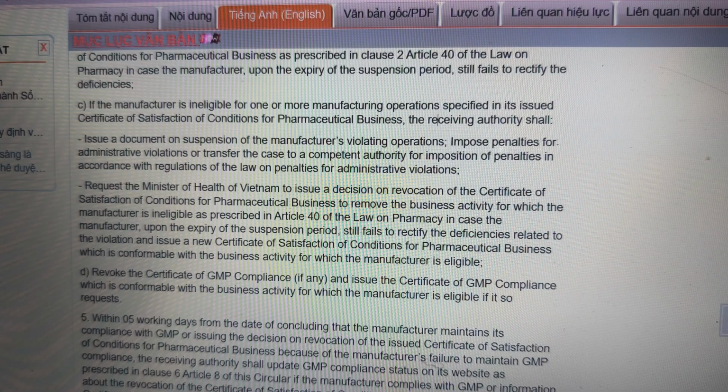The certificate is revoked for the activities for which the manufacturer is ineligible if it so requests, within 5 working days from the day of concluding that the manufacturer fails to maintain GMP compliance, or by issuing the decision on revocation of the certificate of satisfaction of the conditions for pharmaceutical business because of the manufacturer's failure to maintain GMP compliance. The receiving authority shall update